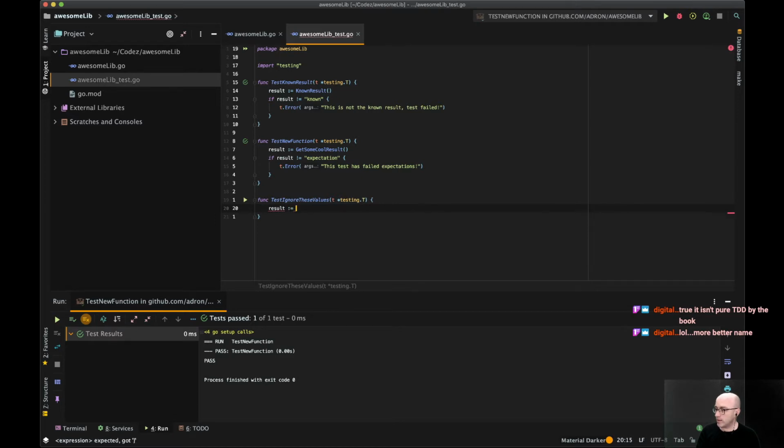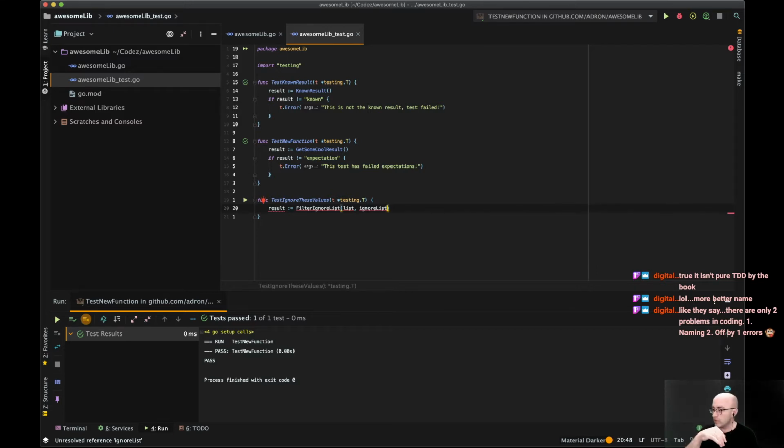I just have not been able to type result lately. Filter, ignore list. And then I'm going to have, let's see here, list, ignore list. Okay, and then it's going to return a result of a list with the ignored items removed. Okay.